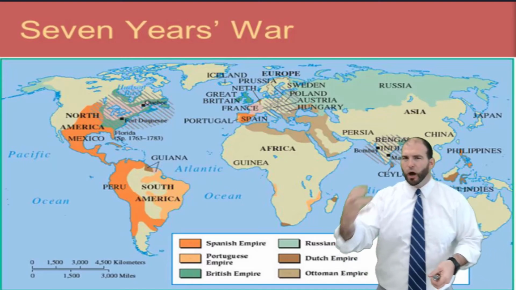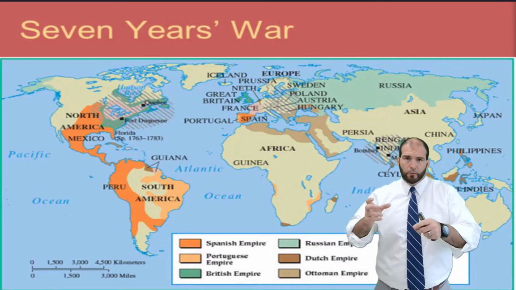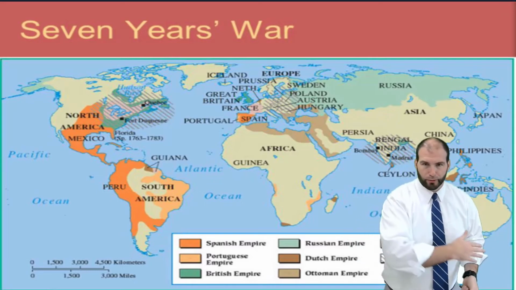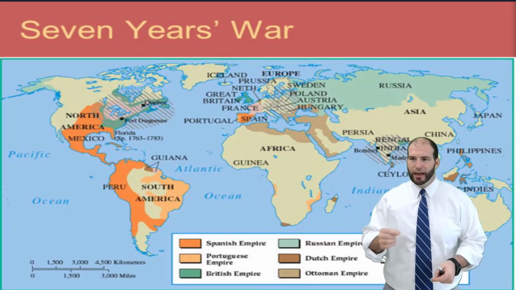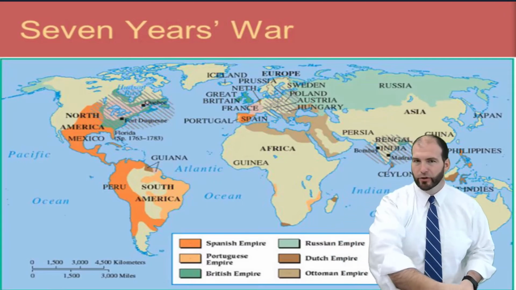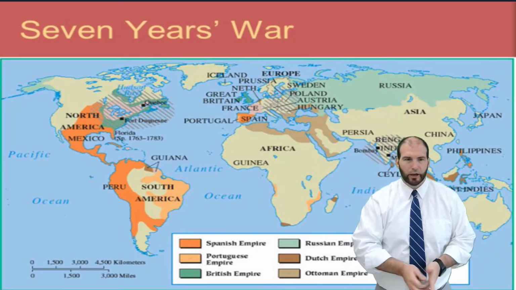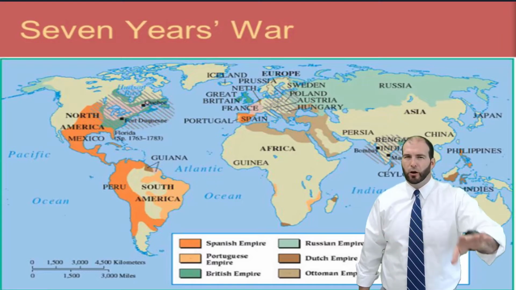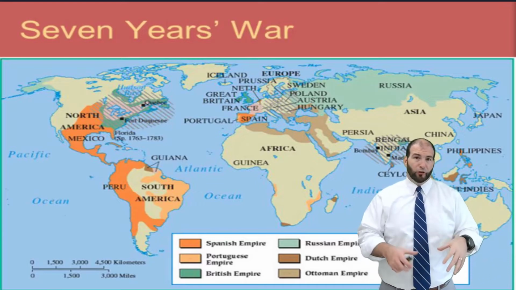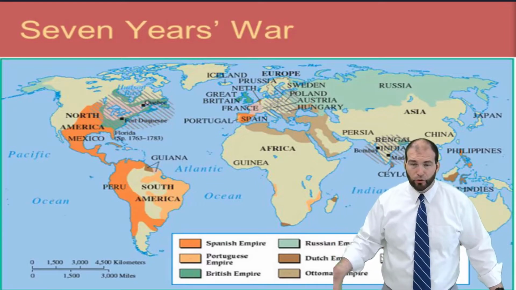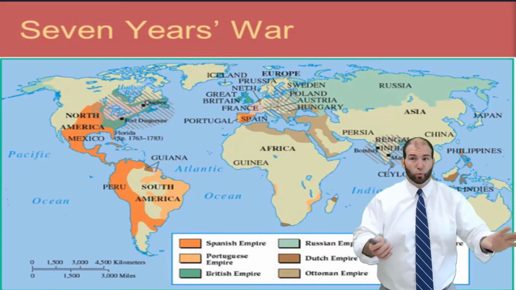So these colonies that you own around the world, like England owns the colonies that we call America today, they make a lot of money for England because we're being forced to send them all our goods like tobacco. France thinks, hey, if we can take over the colonies from England, we can make the money that England is making off of the colonies. France doesn't want to just take over the colonies in the New World, in America. They want to take over all of England's colonies. So France launches this massive invasion all over the world to take over all of England's colonies and directly fight England. It is called the 7 Years' War.